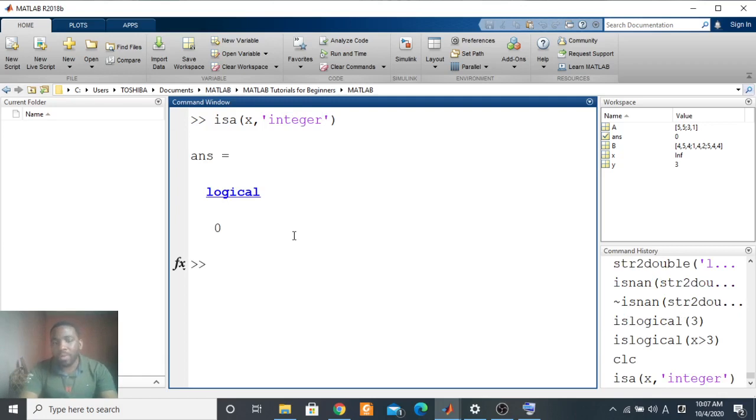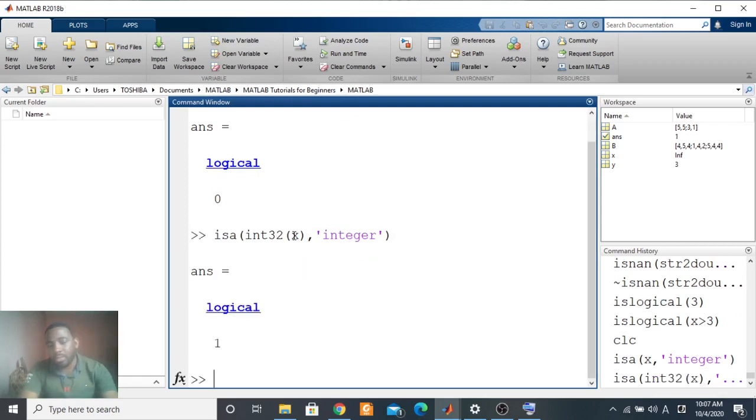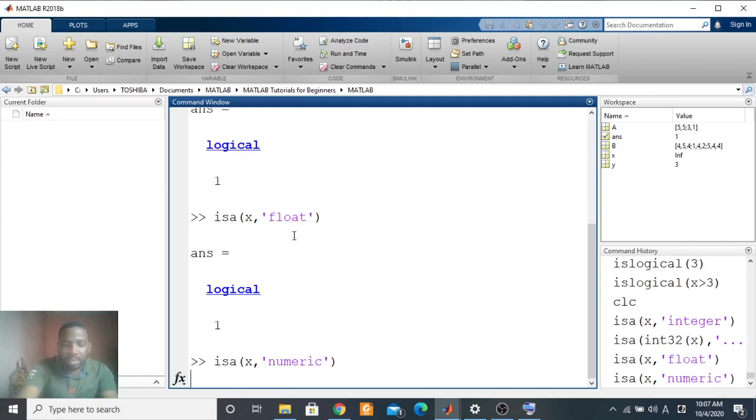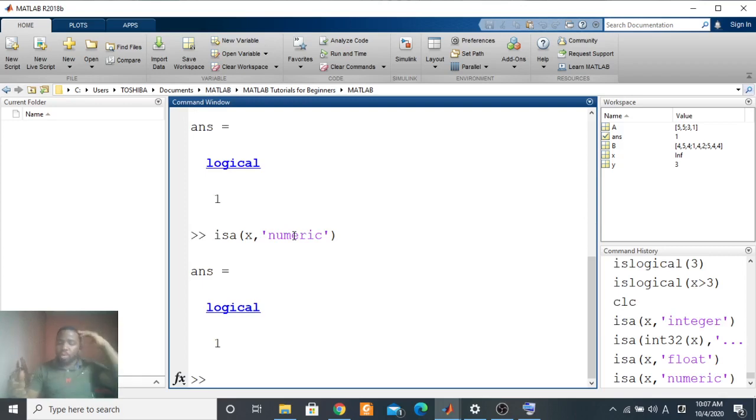That's 0, because x is not an integer. But is int32 of x an integer? Yes. So with this, you can check any type. That's just a shortcut. You want to check, is it a float? Yes, it's a float. Is it numeric? Yes, it is. Is it double? You can check all of those.